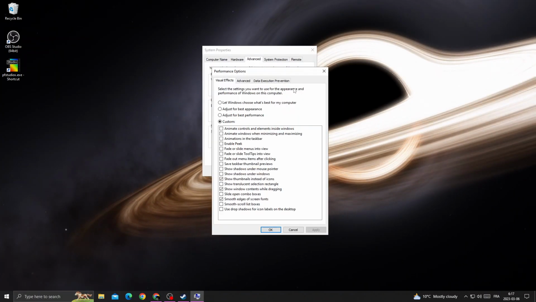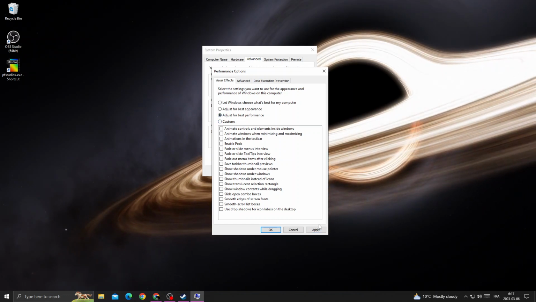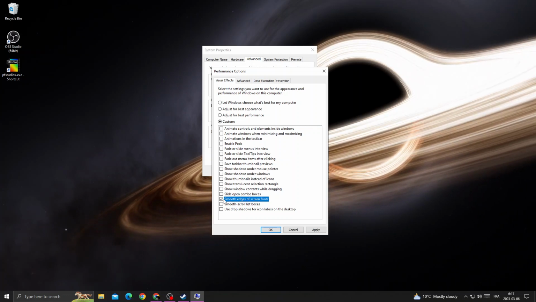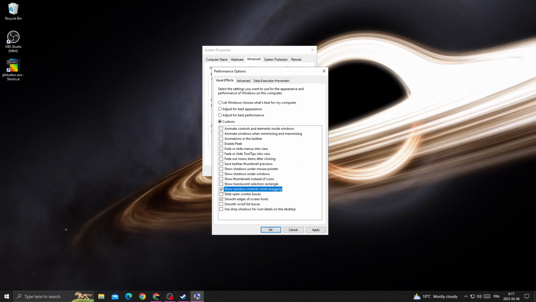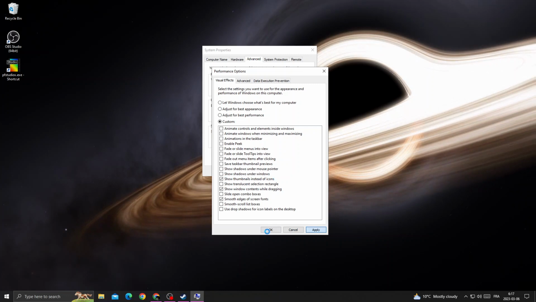Now click settings here and click adjust for best performance, and then click enable this option, and also this one. Wait, and just enable the three options, and then click apply and OK,